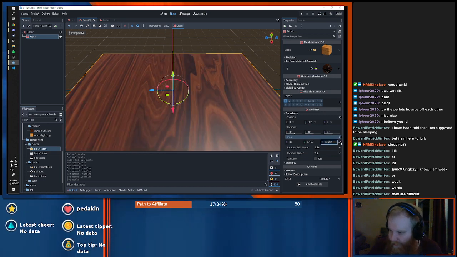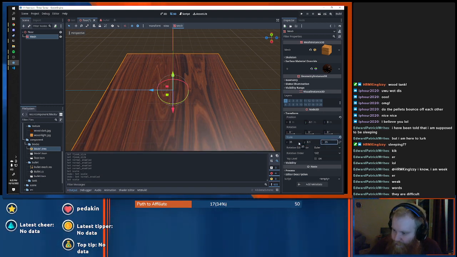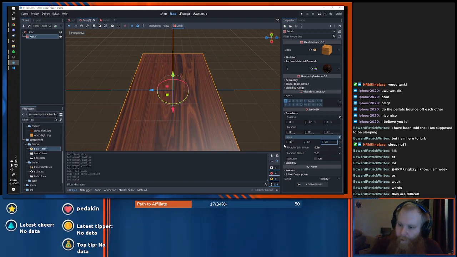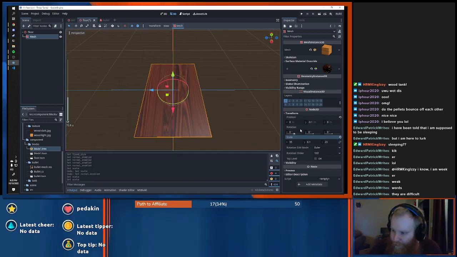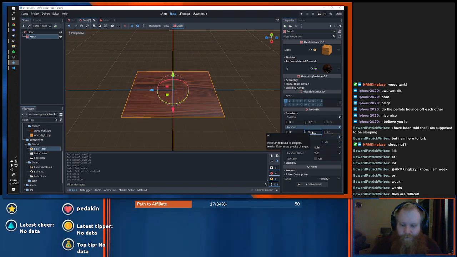This is gonna be 35. This is gonna be 23. 23. And we're gonna rotate it 90 degrees on the y-axis. 90. Okay.